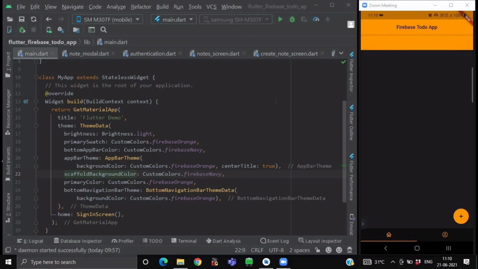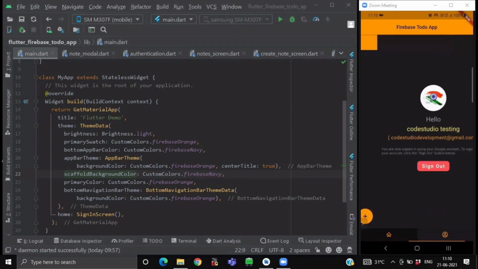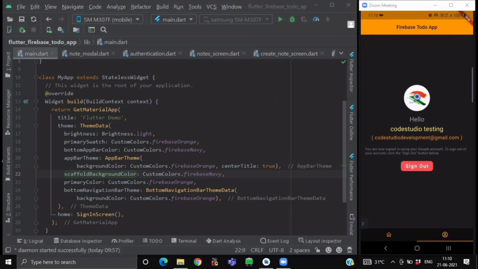So in this video, we are going to create the UI screens and the models that we are going to need for creating our Flutter Firebase Todo app. Before getting started with our coding part, first let me show you what we are going to build in this video. As you can see on my screen, in our previous video, we have created this